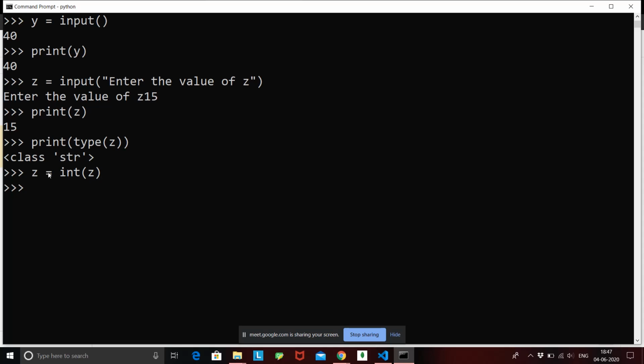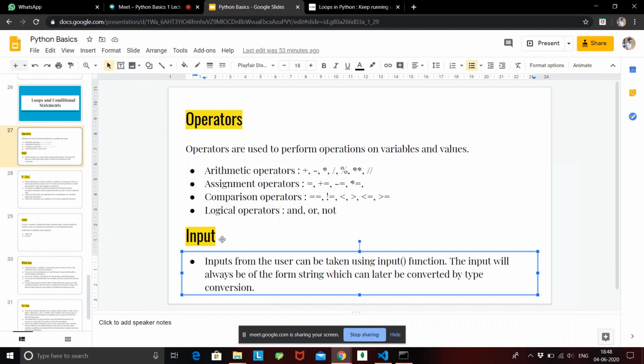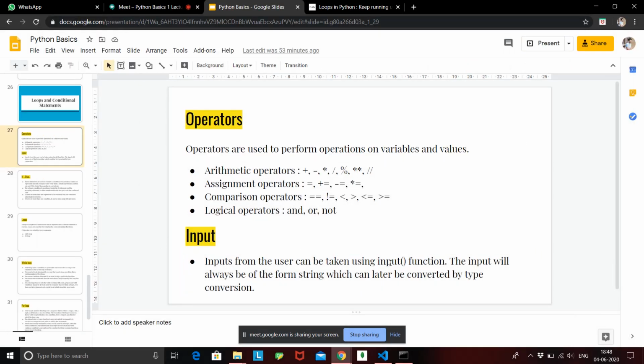Now if I do print z, I'll get 15, but if I do print type of z, this is going to be integer. Fine. So the thing you need to know is that input can be taken by using the function called input, and the input will always be a string, and you can later convert it into whichever form you need. Alright, so all the operators and how we can take input is clear to everyone.